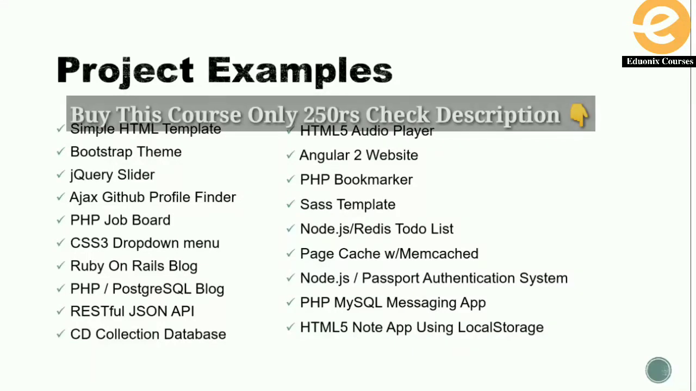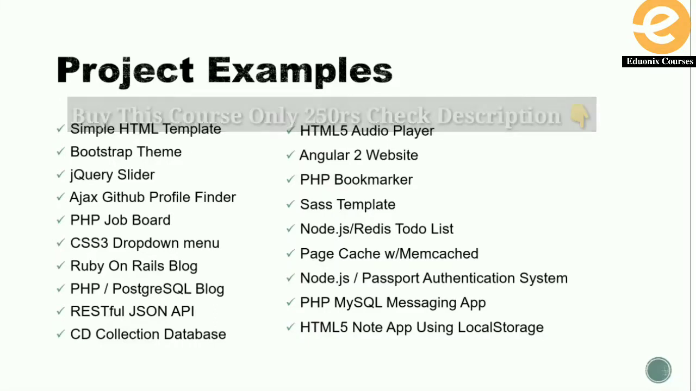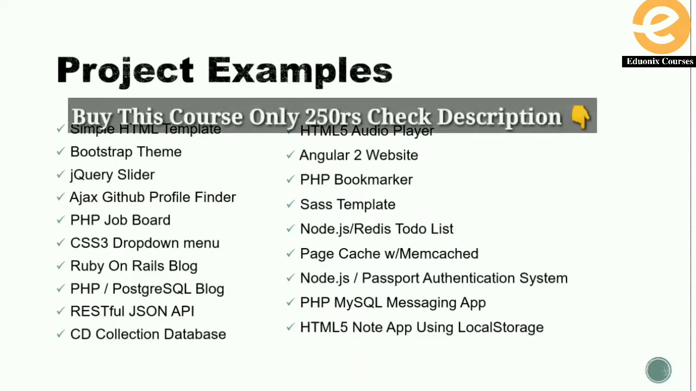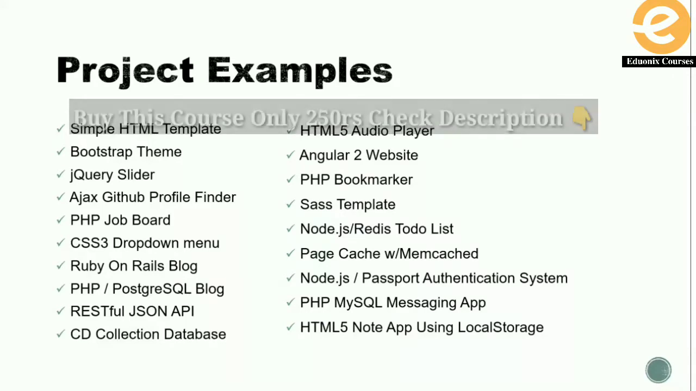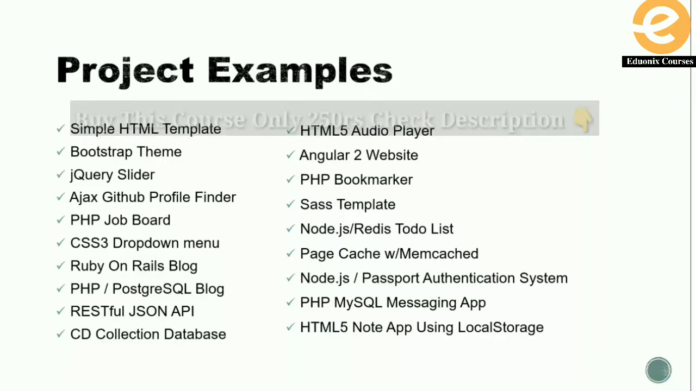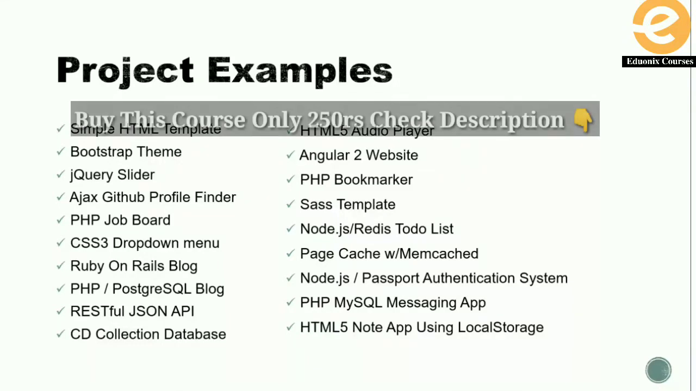Bootstrap theme, a jQuery slider, an Ajax GitHub profile finder application, a PHP job board, a CSS3 drop-down menu, a Ruby on Rails blog, a PHP with PostgreSQL blog. We'll build a RESTful JSON API, and we'll create a CD collection database. We'll also build an HTML5 audio player, an Angular 2 website, a PHP bookmarker using sessions, a Sass template,